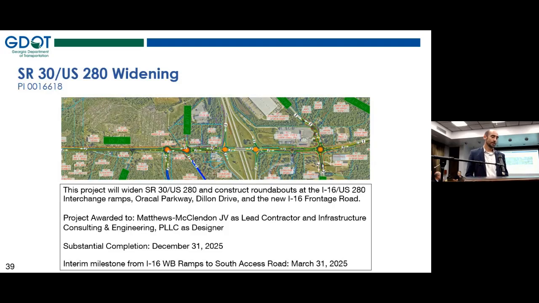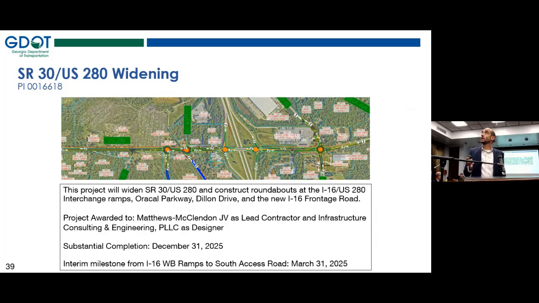This is from Oracle Parkway on the north of I-16, all the way along the western side of the mega site down to Olive Branch Road. This project has also been awarded to Matthews McClendon Joint Venture. You can see a number of roundabouts here at this location to support the operations needed for the mega site and the numbers of vehicles and trucks that are going to operate that and to manage the appropriate access on